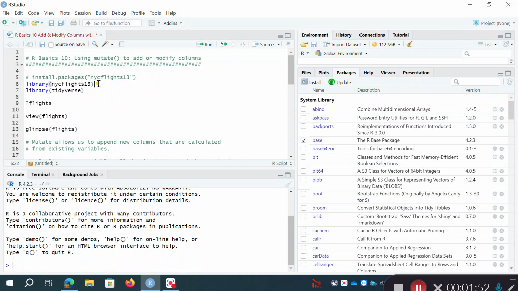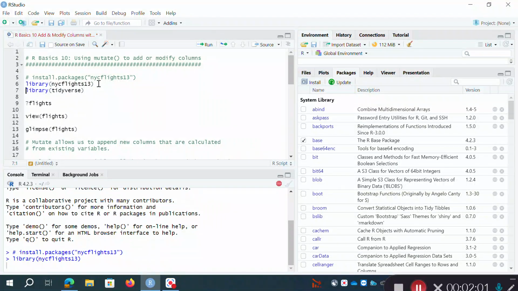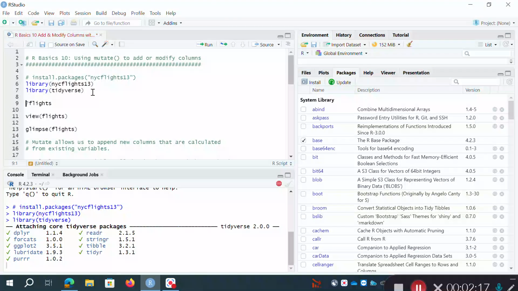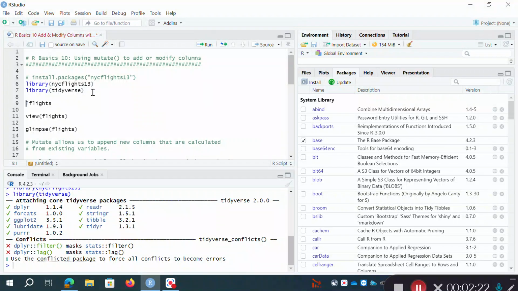I've already done that, but I'm going to have to load it. I'm going to have to use the library command to load nycflights13, and I will also want to load the tidyverse as well. So that will take a few seconds. As you know, the tidyverse is quite a large package because it contains a number of other packages, all of which are focused on data exploration, data cleaning, data visualization, things like that. You can see now, if you look below, it's loaded the different packages in the tidyverse. I've got my command line prompt back. So both of those have